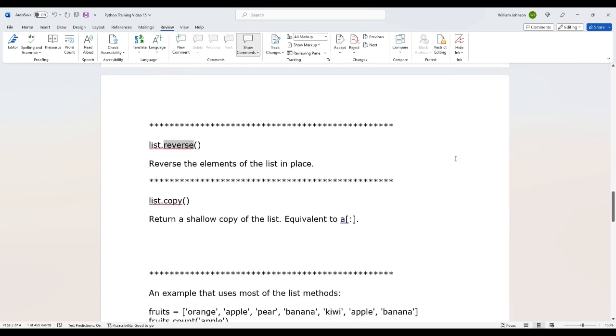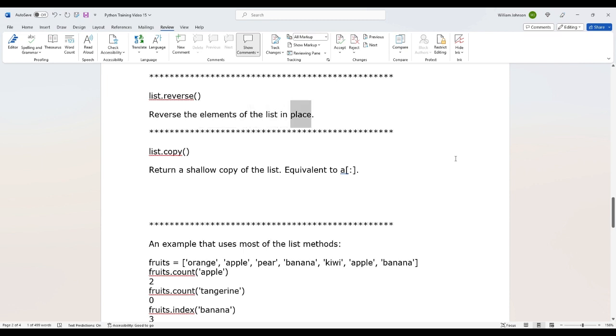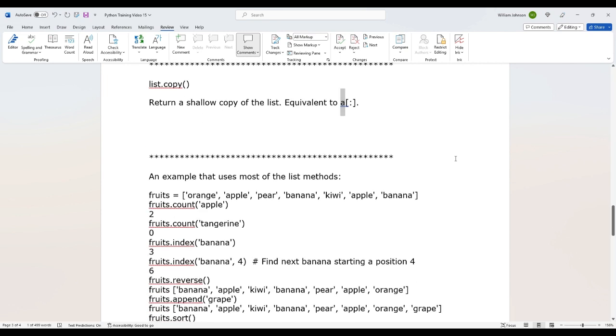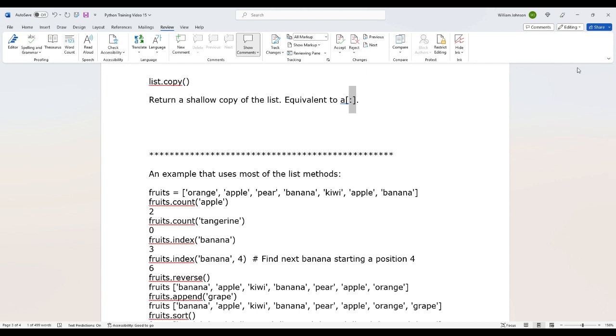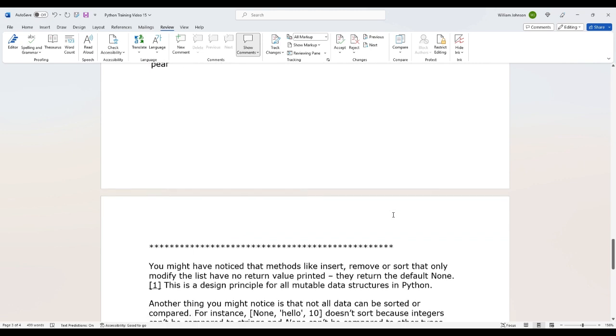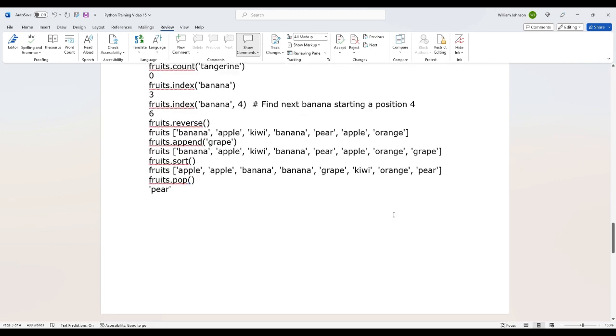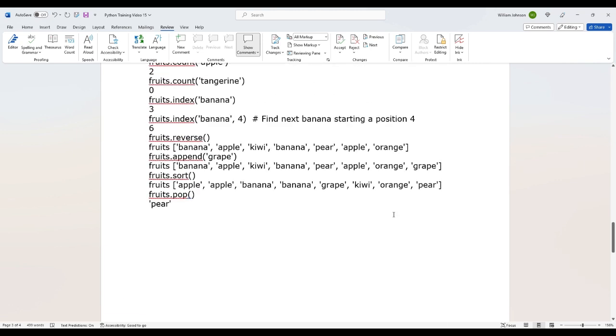List.reverse. Reverse the elements of the list in place. List.copy. Return a shallow copy of the list. Equivalent to a smiley face. An example. All right, now it goes through all those examples to try and make you understand what they just